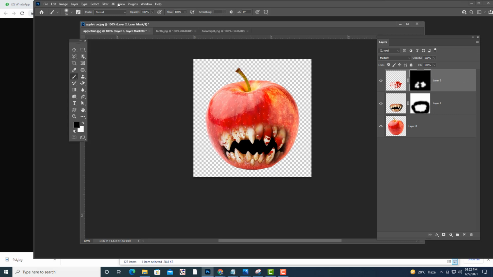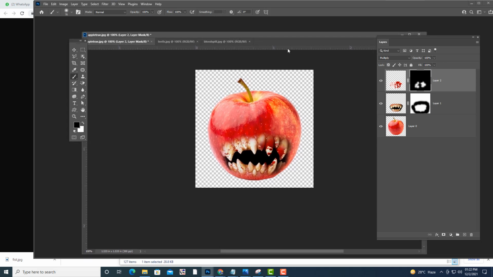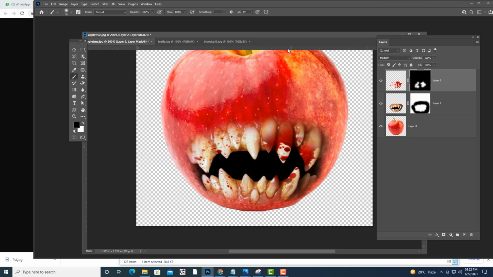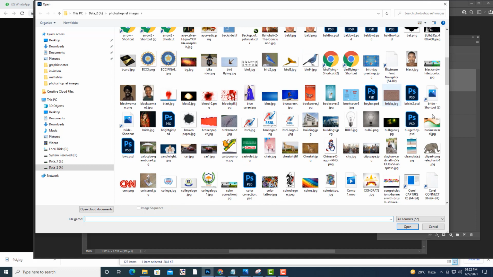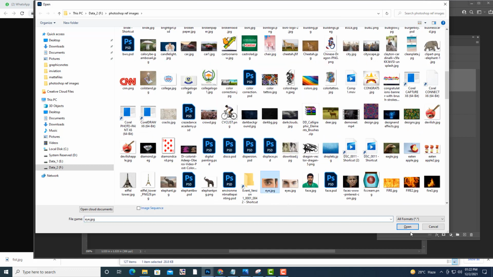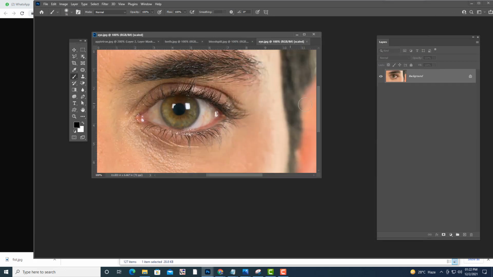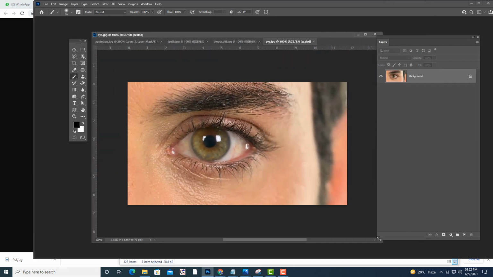Right. Okay. So then the next thing we'll do is, I'm going to put ice. Okay. So let us put some ice to it. So there is ice here. So I'm going to select the ice using the polygon lasso tool.